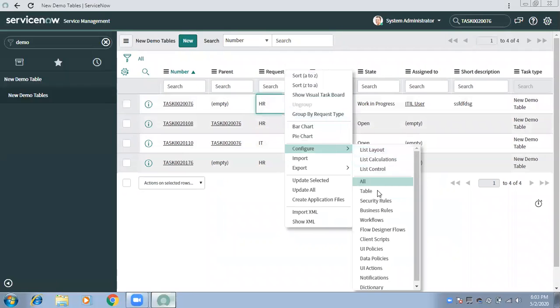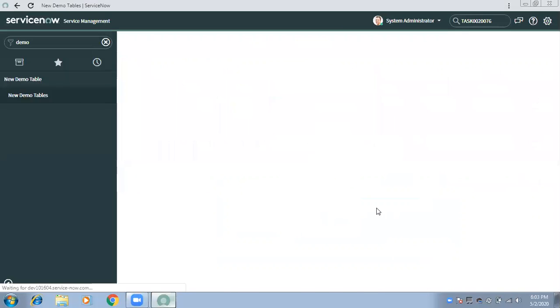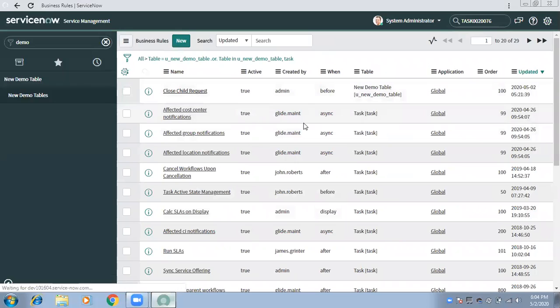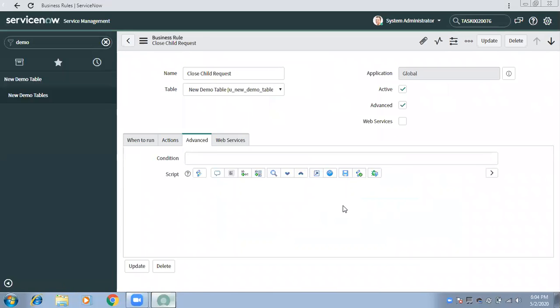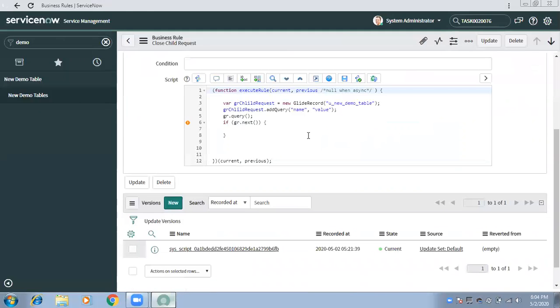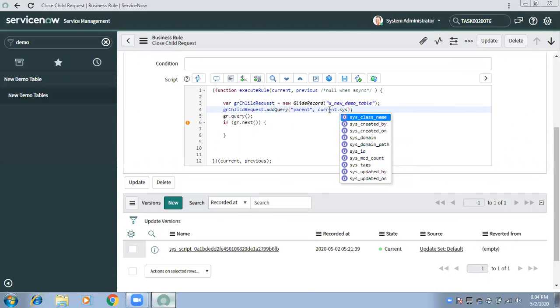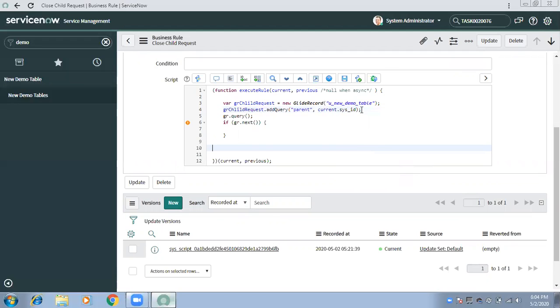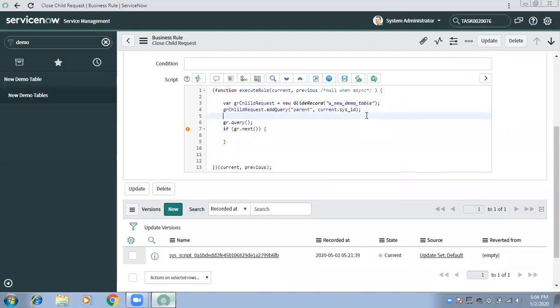Getting my point? So what I can do is, the first query gets all the children. The second level query will be where the request type is the current parent's request type. So you can add one more query here.